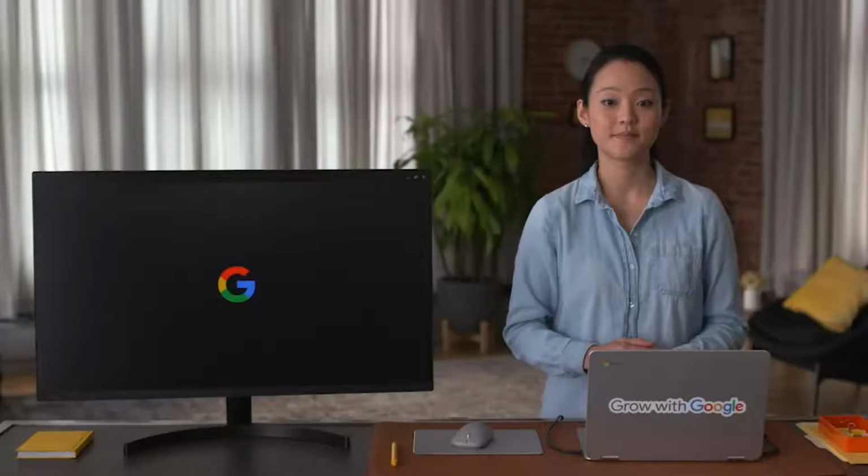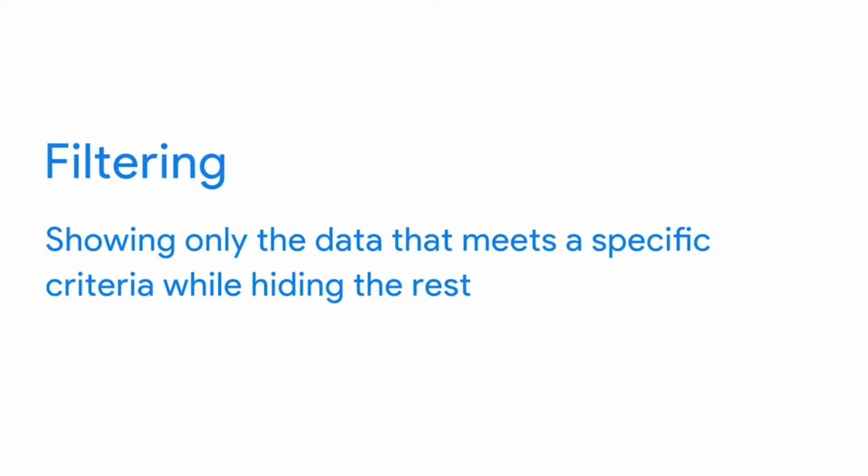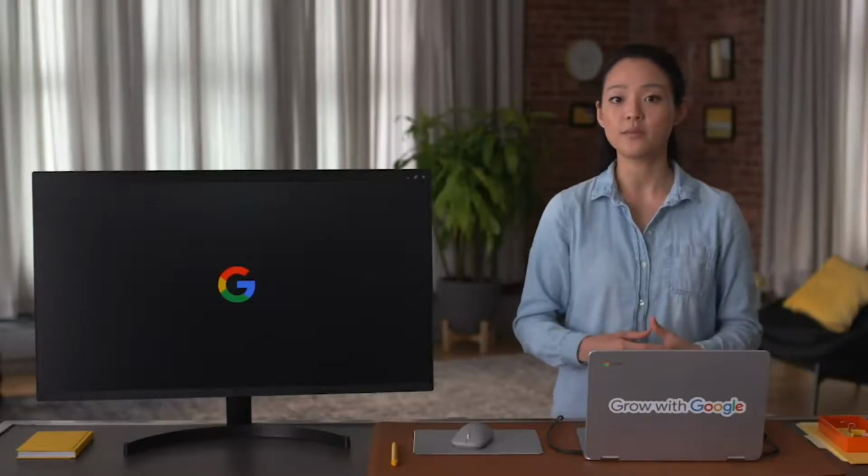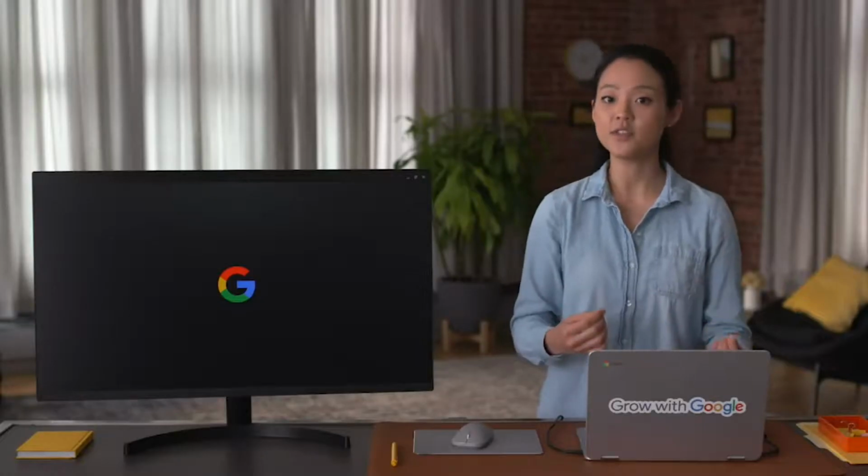Filters, on the other hand, are very useful in data cleaning when you want to find a particular piece of information. You learned earlier that filtering means showing only the data that meets a specific criteria while hiding the rest. This lets you view only the information you need. When cleaning data, you might use a filter to only find values above a certain number, or just even or odd values. Again, this helps you find what you need quickly and separates out the information you want from the rest. That way, you can be more efficient when cleaning your data.